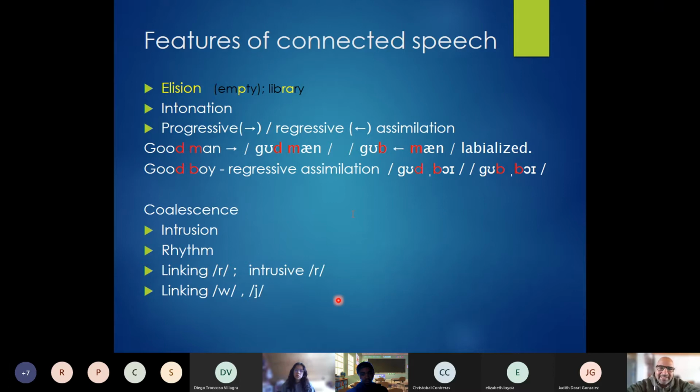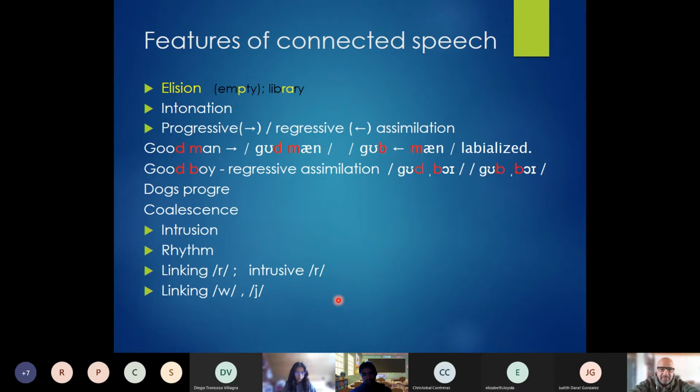That's right. What about coalescence? Does anyone have an example? Do you remember what coalescence is or was last semester? Yes, ma'am. I think I have an example of progressive. I remember that in the word, for example, dogs, we say dog, dogs. I don't know if I can explain myself. Yes, you did. At least I understood very, very clearly. So dogs. Okay. So this is an example of progressive assimilation.